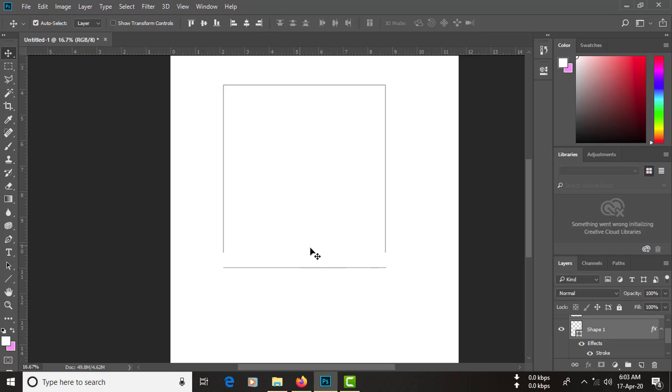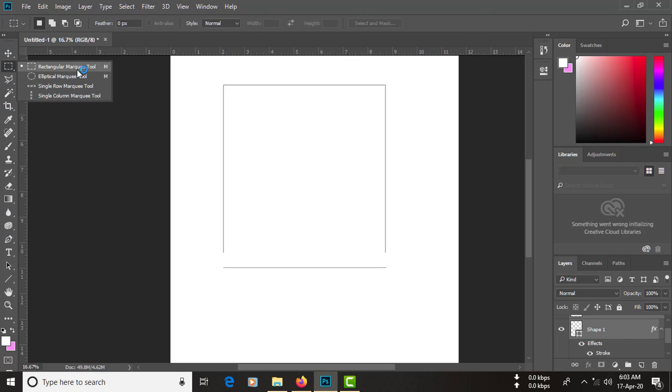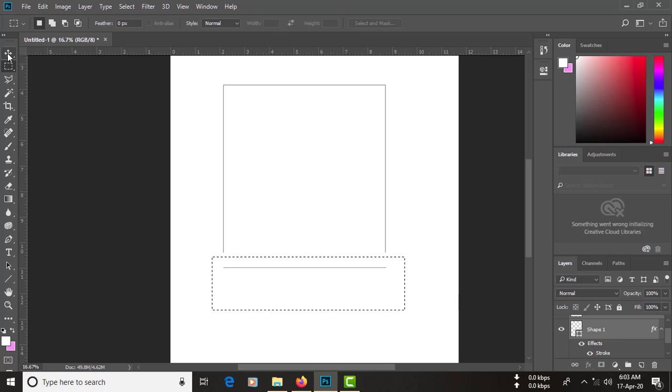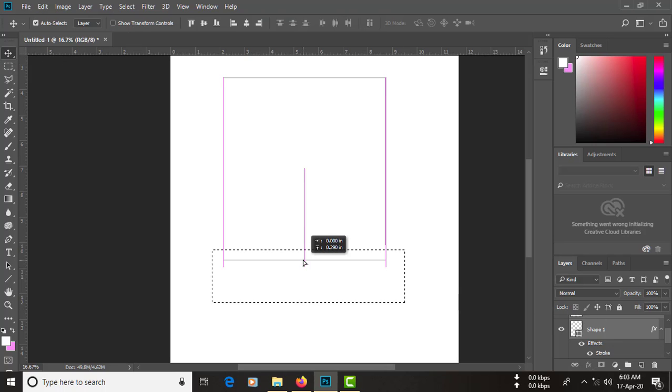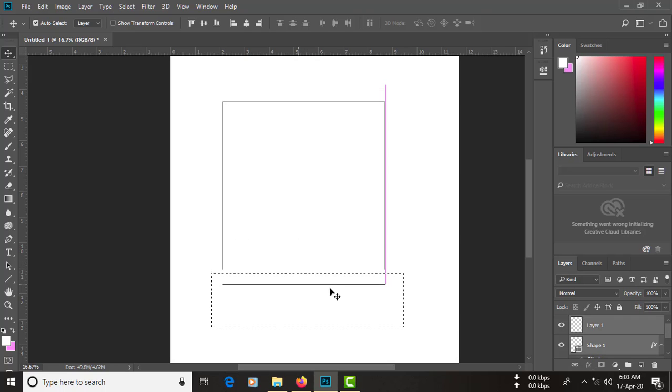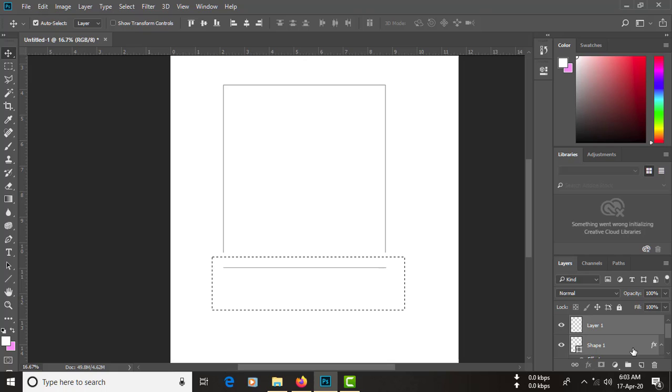So one other option I can use is I make sure that I'm on layer shape 1. I go on to my rectangular selection tool. I pick this tool here, still making sure it's in shape 1, and now if I'm going to move it, I can move it along. Sorry, that's got two shapes together. Now I just click shape 1